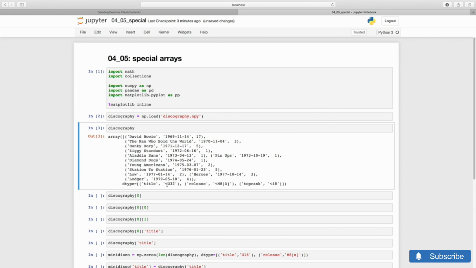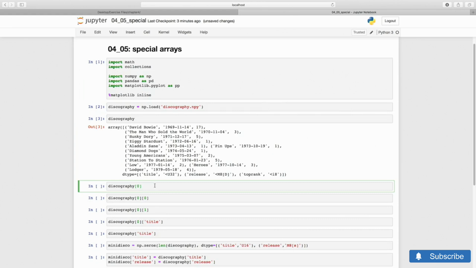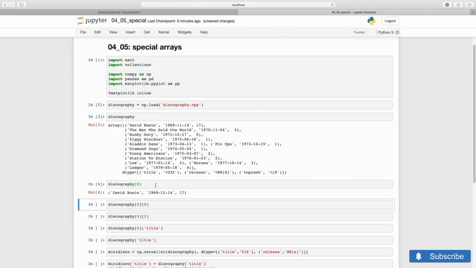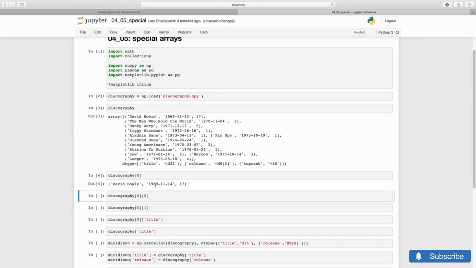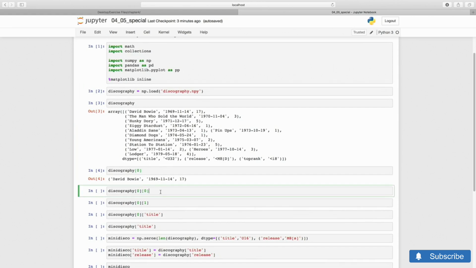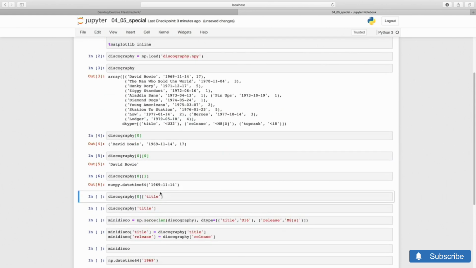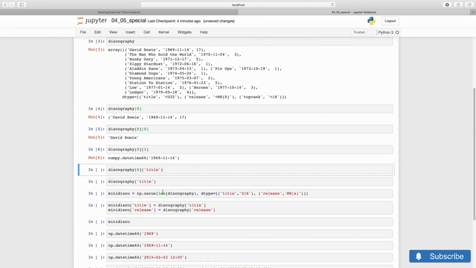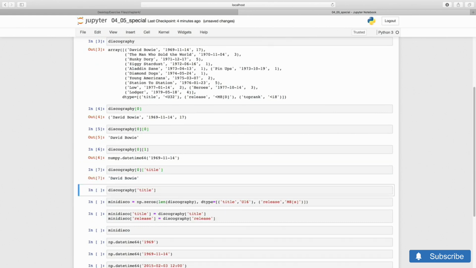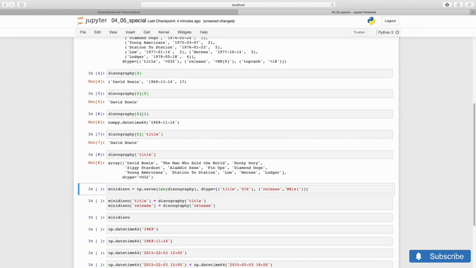So what can we do with the record array? Each record looks like a Python tuple. And we can extract the elements as we would for a tuple, but we can also modify them. We can also use a dict-like interface using the field names in brackets. This, in fact, will also get us a full column.